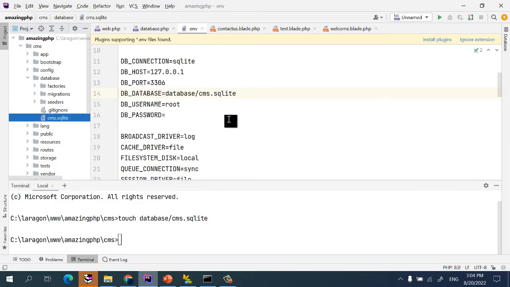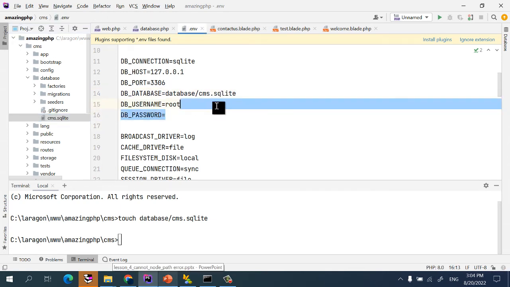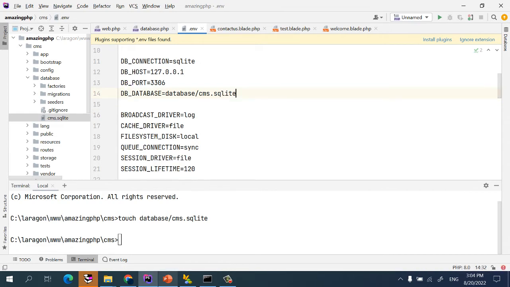So I go back to the editor, and right now I want to connect to this database. Because our database does not have a user or password, I will remove these two parts also and save it. After this one, we need to create the related models